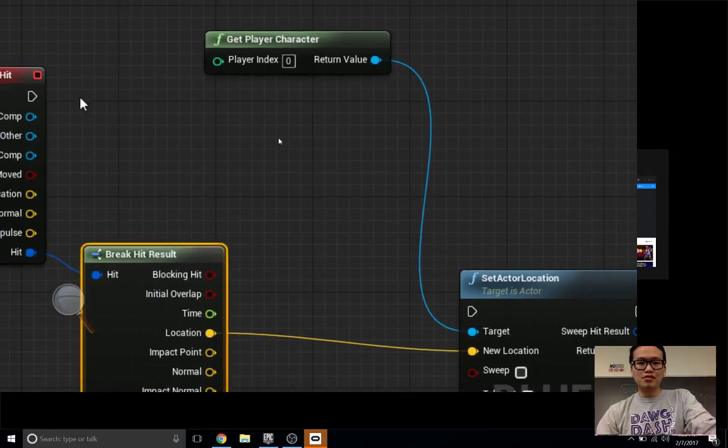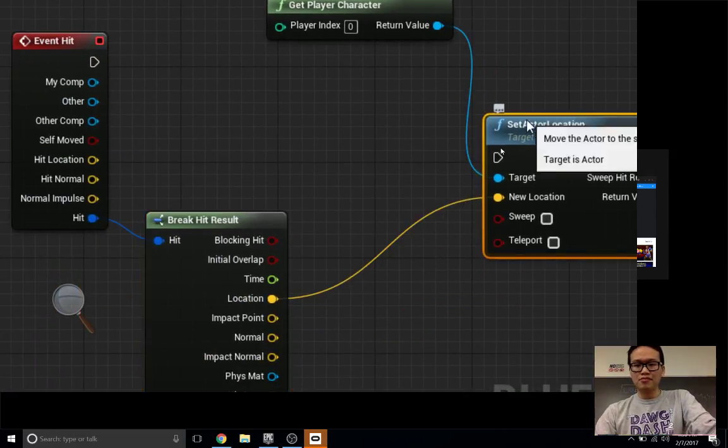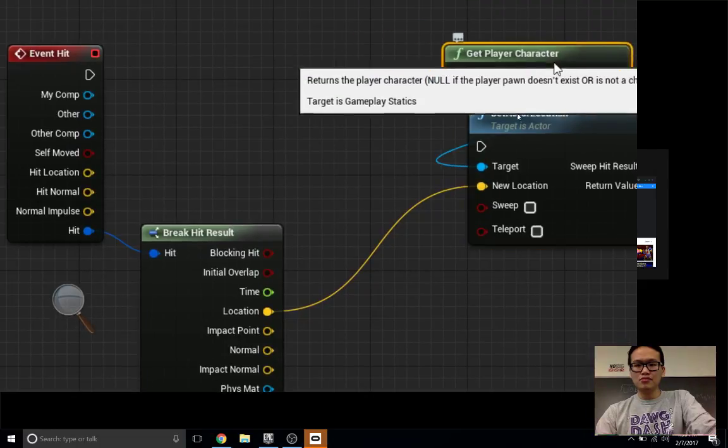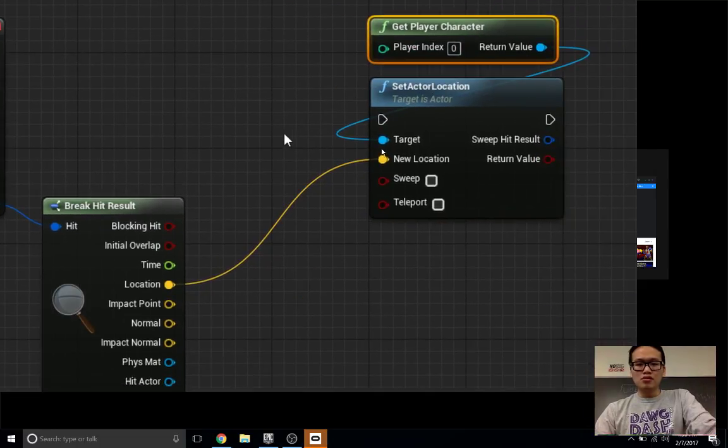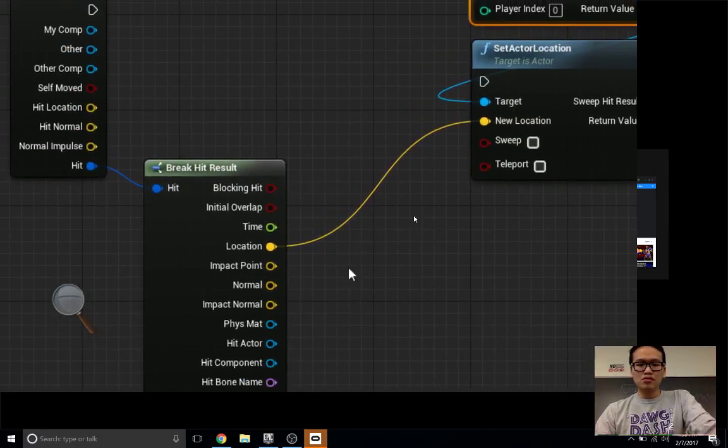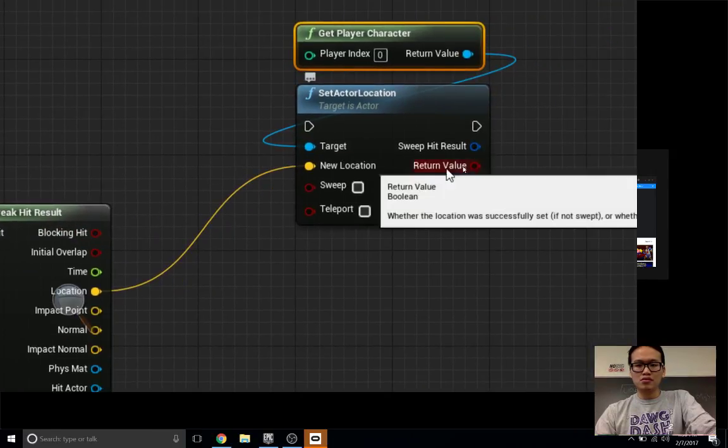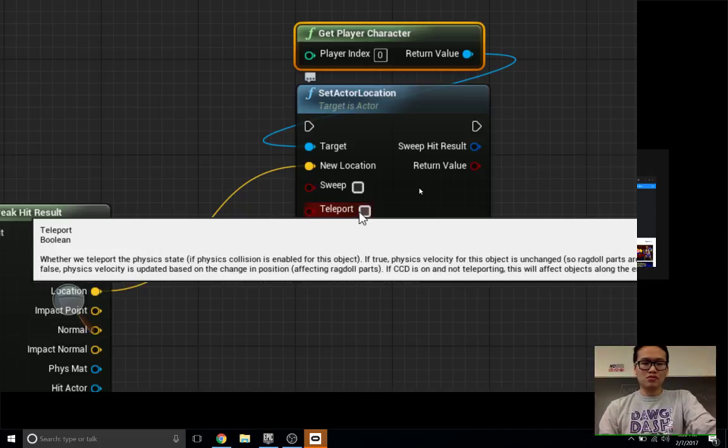Something that was always confusing for me, I don't know if this was for you, is sweep and teleport. Like, what the hell is sweep and teleport? The first way I learned this was if you hover over teleport on the right, in set actor location, it'll give you a tooltip that says something like, should this carry the physical properties of motion from where it was before? Does it maintain momentum and stuff like that? If you don't know what a blueprint's input does, and it's made by Epic and not by you, odds are they put a really good comment in.